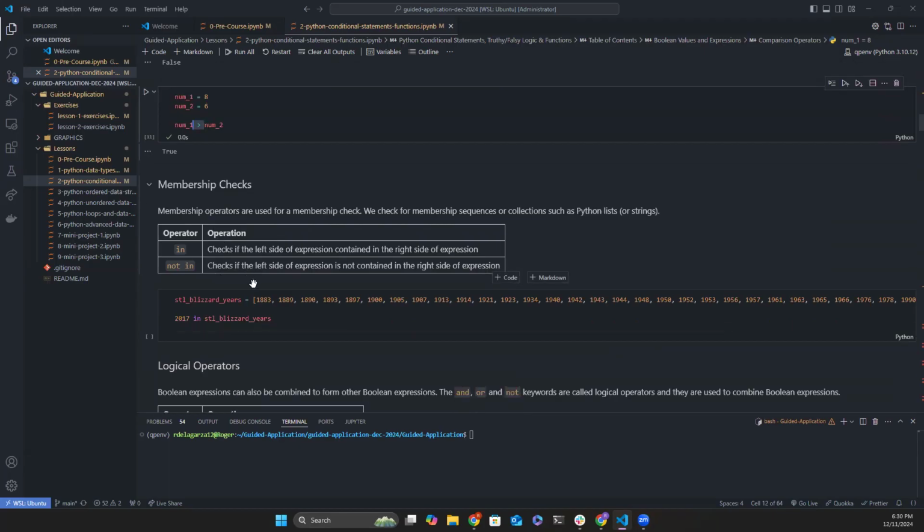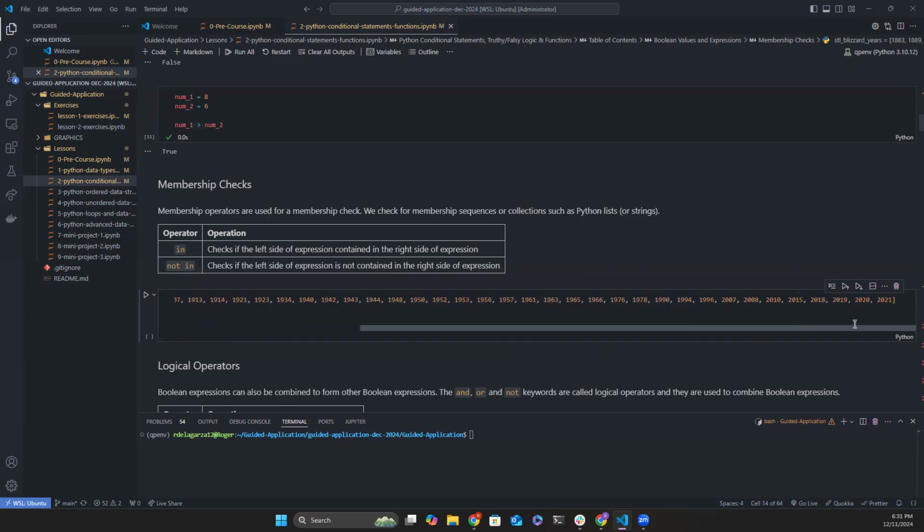Membership checks, right? So membership checks are a way to see if something actually exists within a specific data. Is it a member of a list? Here, our example is a list called STL Blizzard Years. Notice that we have a range of different years from 1883 all the way to, I believe, 2021. It's a huge list of different integers. And I don't think we've talked about lists, right? We talked about declaring